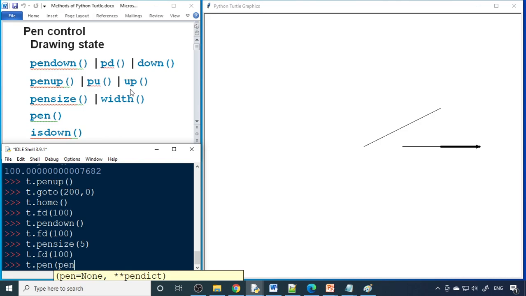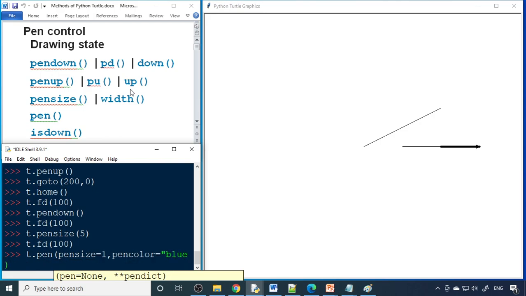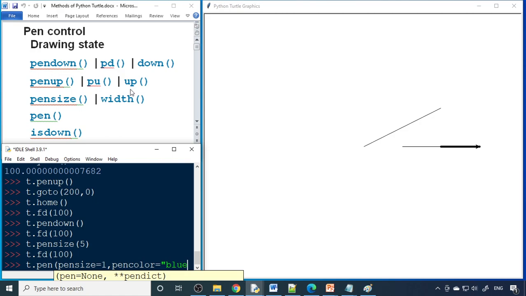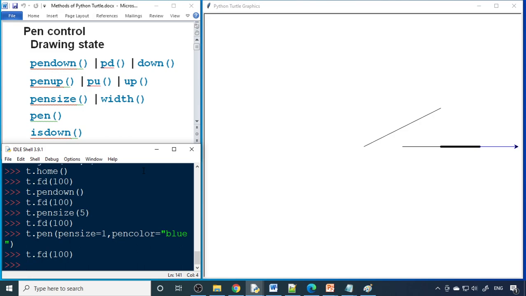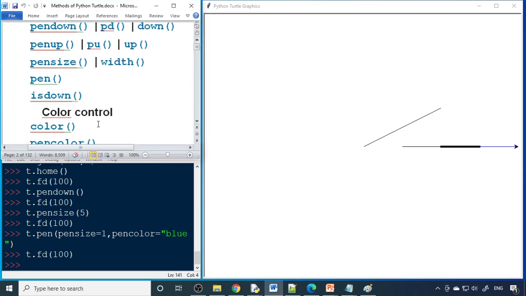So one is pen size equal to 1, comma pen color is equal to blue. So like that with the pen you can use these multiple commands. So again you say t forward. Now it becomes a blue color and the size becomes 1. That is the pen. So is down to check whether the pen is down or not.